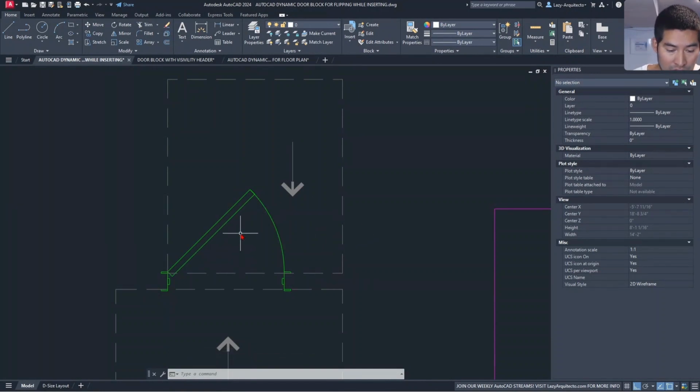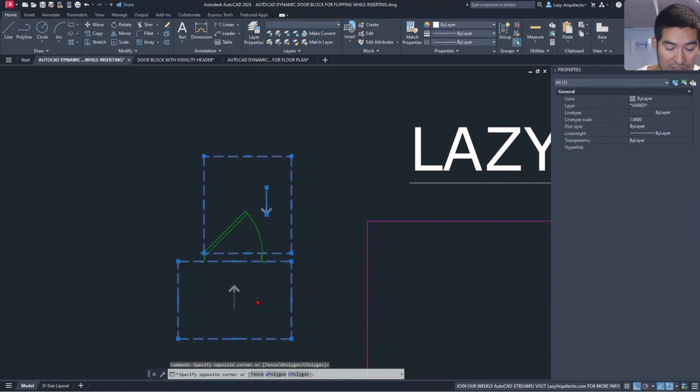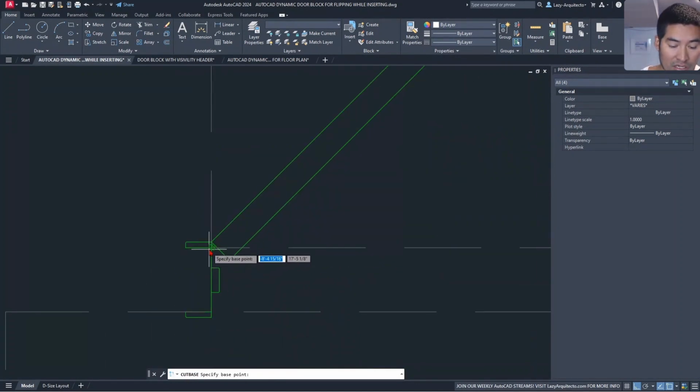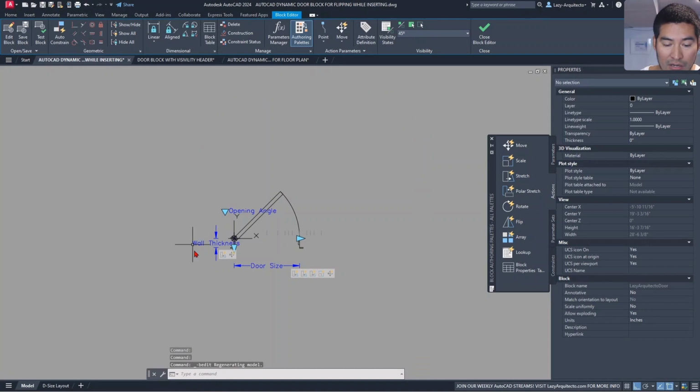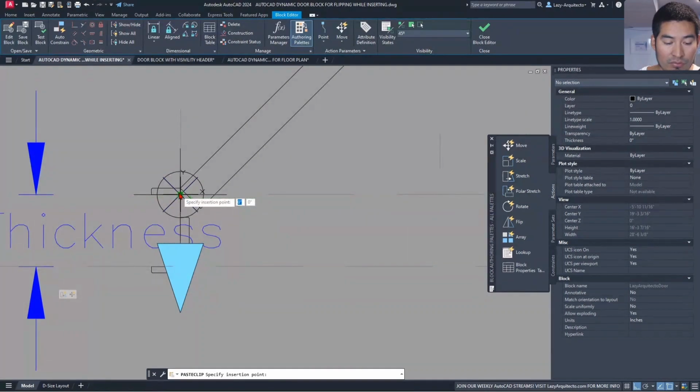dynamic door. So the way I'm gonna do it is I'm gonna first select our arrows right here, or our geometry, and I'm gonna simply use the Control Shift X on my keyboard. That's a shortcut to cut base, right? And I'm gonna cut it from my base point right here. So I'm gonna click, and then I can edit my block or go to the block editor by right clicking on it. And now I'm here inside the block editor environment. I'm gonna simply use the Control V shortcut on my keyboard and place it exactly on the base point, like